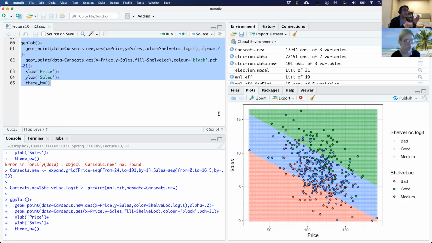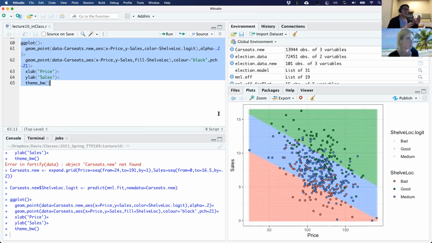And so you can see how the logistic model creates these linear boundaries about each of the dimensions of our input parameters to classify the outcomes.